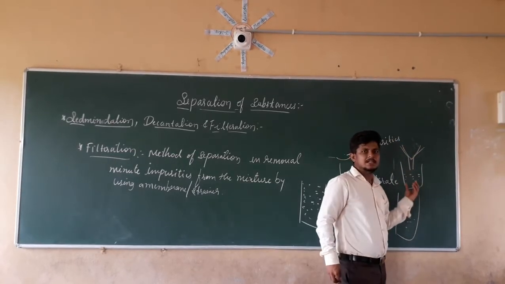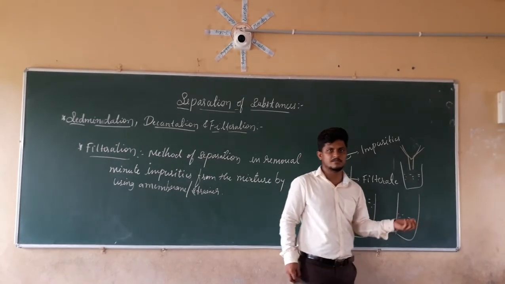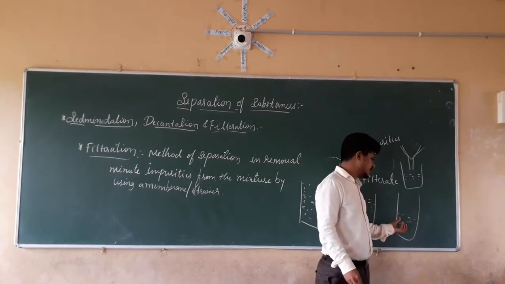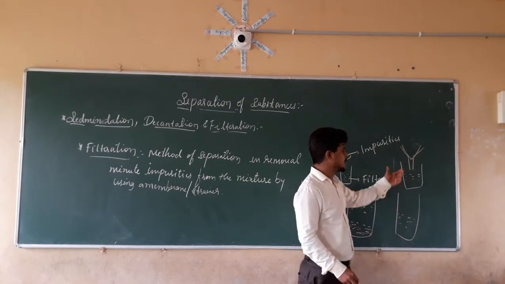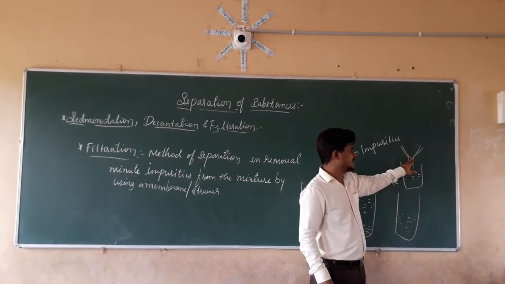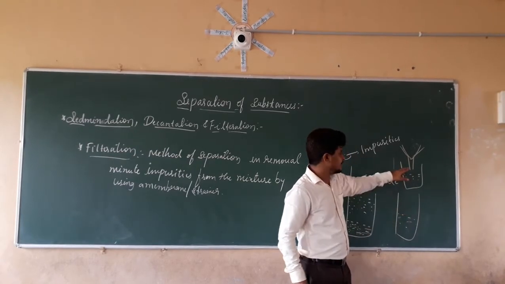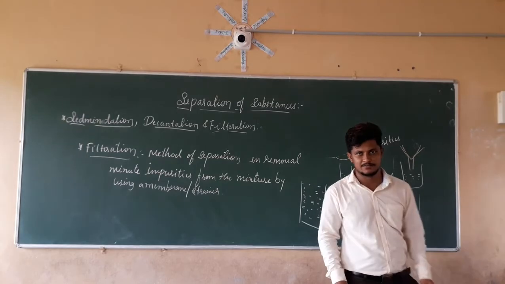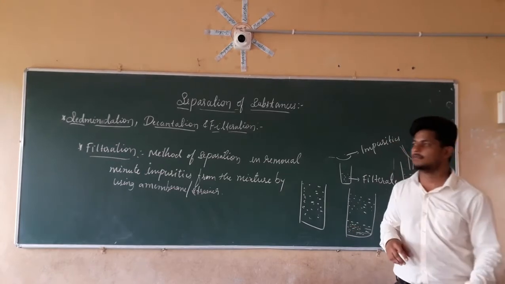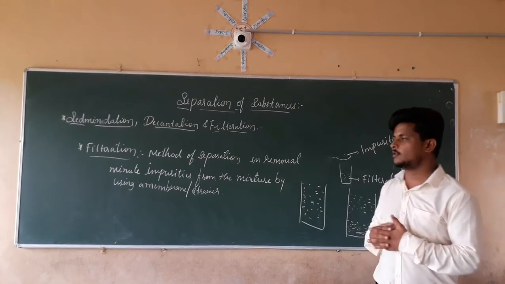In this manner we can purify the muddy water from the soil particles. First by sedimentation, second by decantation. Whatever minor particles of the muddy water are still present are again separated by using the funnel and the filter paper. So minor particles will remain there, and we are going to get the pure liquid here. So this method is nothing but filtration. We are going to use these types of methods for liquids: sedimentation, decantation, and filtration. So next we are going to see about evaporation.